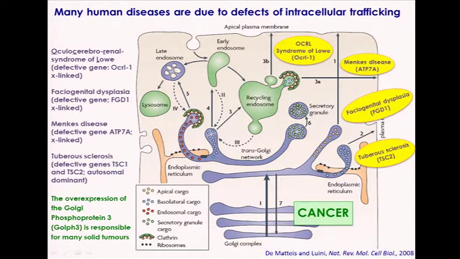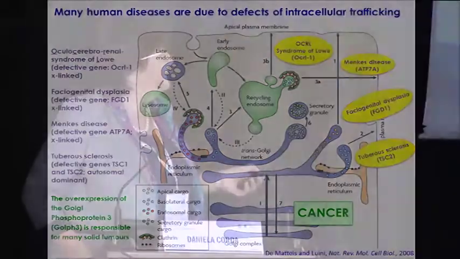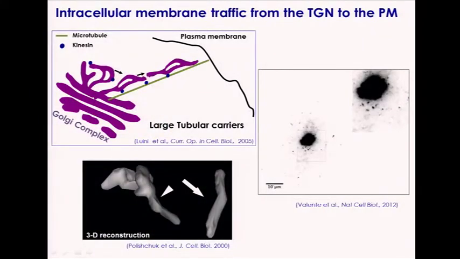Our interest in the Golgi, in the membrane traffic field, started with the mechanism that leads carriers to be formed and secreted toward the plasma membrane. In particular, my lab became interested in this field when in the lab of Alberto Luini, they discovered that not only vesicles are responsible for traffic toward the plasma membrane, but also this peculiar, let's call it, tubular carrier that is pleomorphic. And you can see it here in this movie,